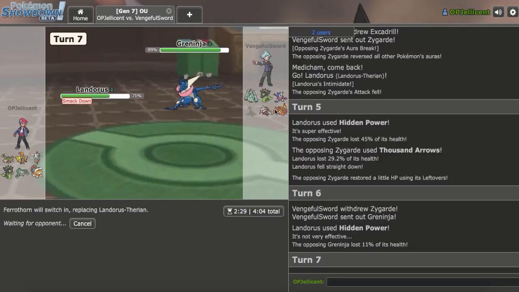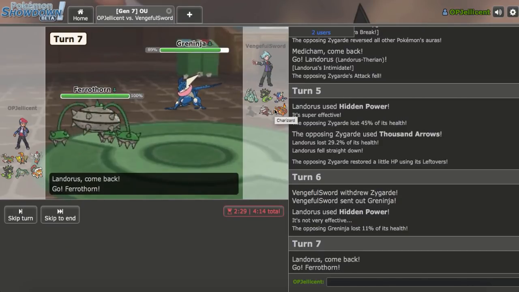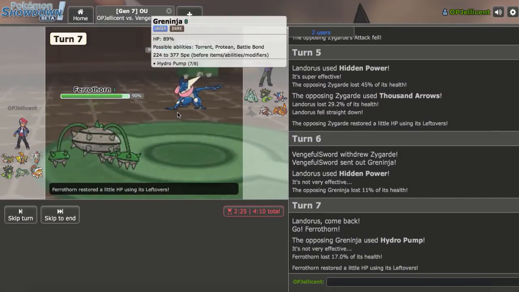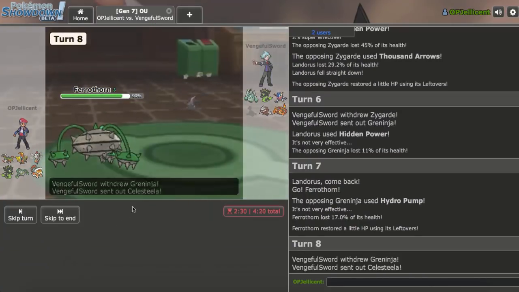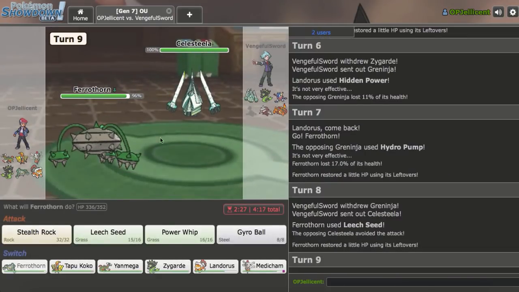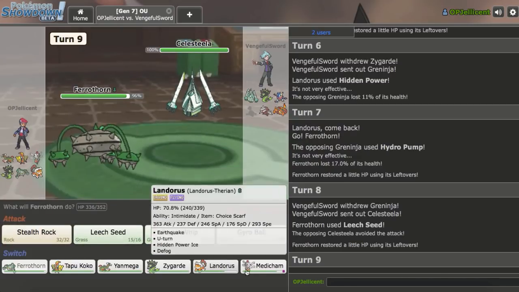If he doubles to Zard, good play. That might actually be a winning play, but I don't know. He just goes for Hydro Pump, which we are able to eat up. So that's nice, and I can just get a Leech Seed off on anything right now. Oh, I'll take damage on Celesteela. Never mind. Okay, I think I need to keep this healthy just because Greninja is still alive, as much as I want to get a Stealth Rock, so I'll switch out right here into my...